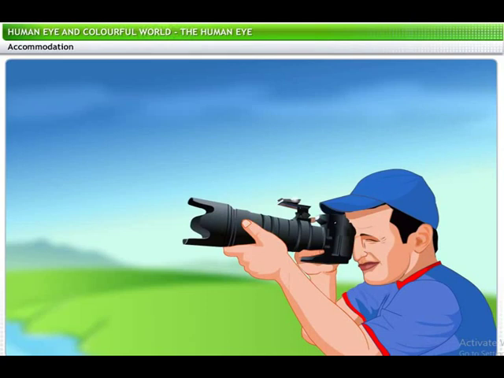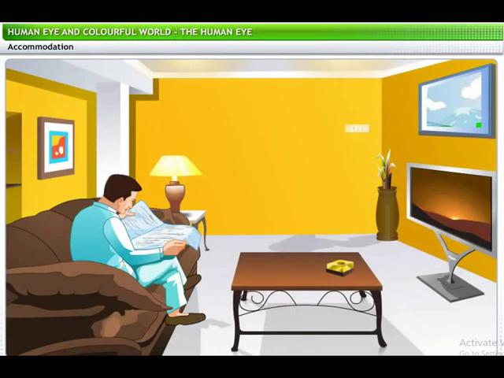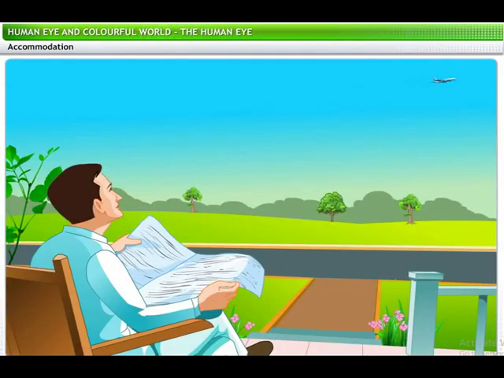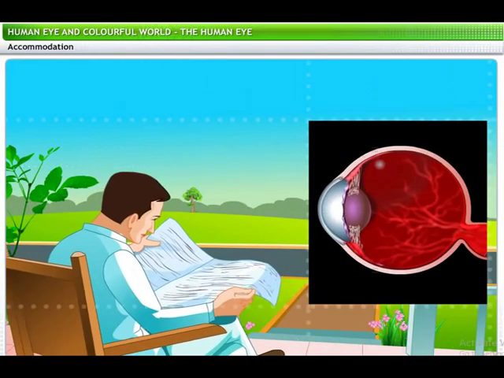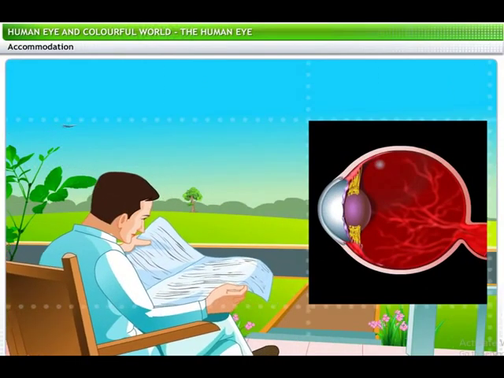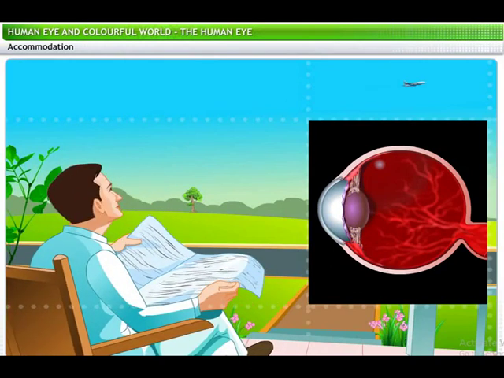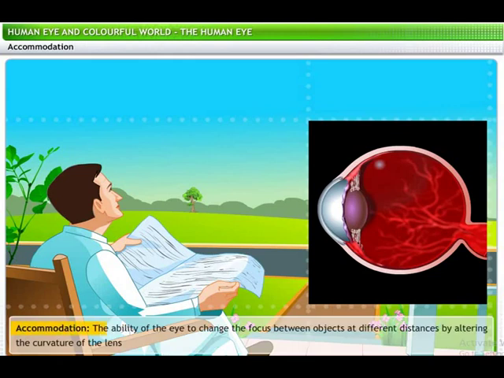How does your eye do that? What happens when you switch from reading a newspaper to looking at the television at the end of the room? Or look up to see a plane in the sky? As mentioned earlier, ciliary muscles help obtain the focus of objects located at different distances. Your eye can change the focal length of the lens in a fraction of a second when you look at another object. This ability of the eye to change focus for objects at different distances by altering the curvature of the lens is